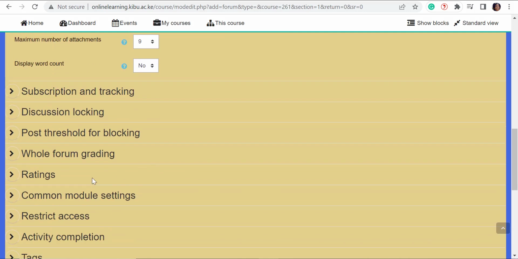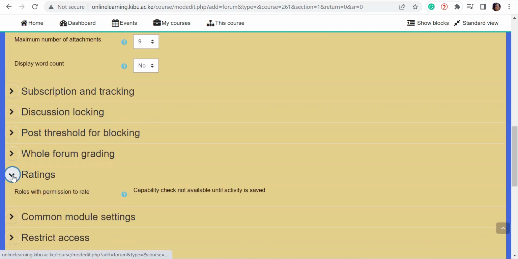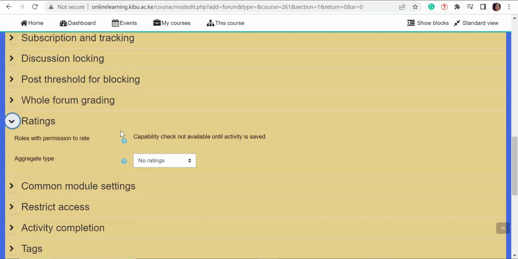Let me go to another important setting, which is rating. So you may want to grade the discussions. If you intend to grade the contributions the students are making, you can put in the ratings and identify the rating options that best suit your scenario of activities. So if you select average ratings, what this does is that if you are using a standard forum for general use or any forum type that allows students to post more than once,